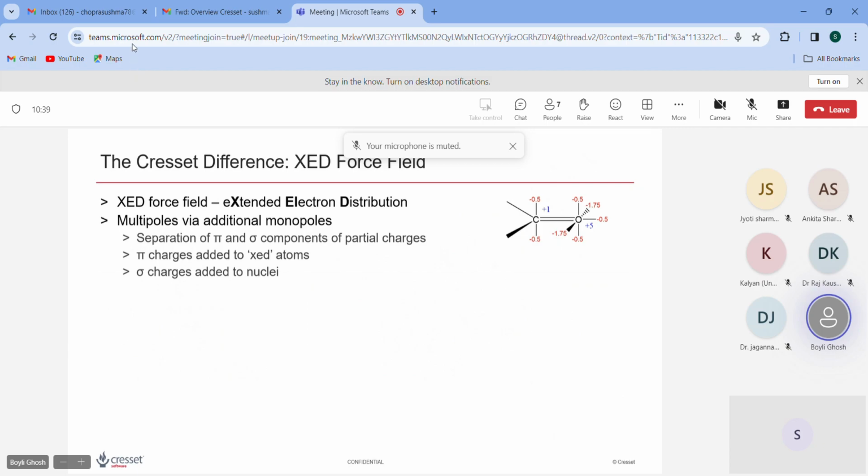The company is the brainchild of our founder, Andy Winter, who started this company in Cambridge in 2002, which is almost 20 years ago. And there was a promise behind this software. It was to use a newly designed force field, which is called the Extended Electron Distribution Force Field, or the Z force field. And the idea behind this was to introduce a force field which is very different from the